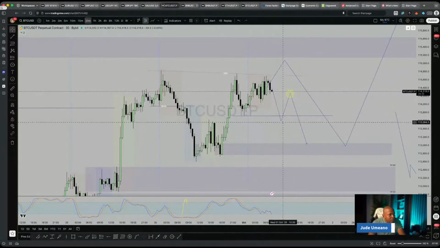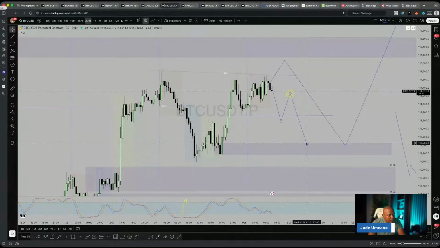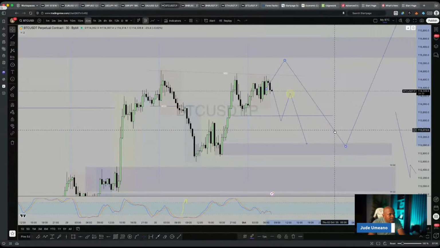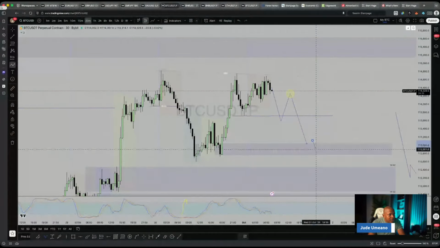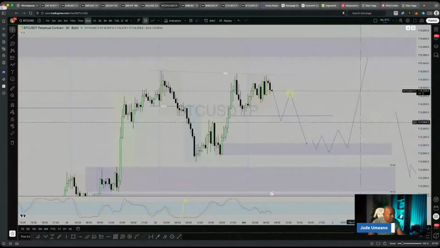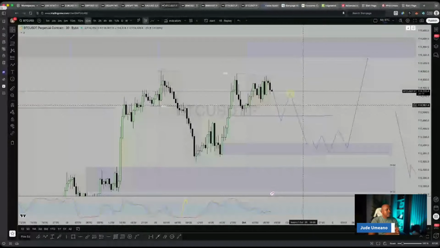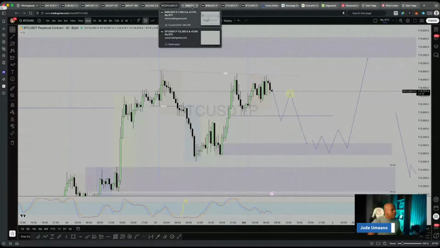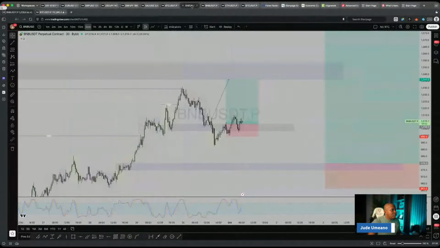If I see price go below this, I want to look for an entry here to go here. Then from here, what I want to see is confirmation. I would like to see a confirmation entry here on the much lower time frame. Okay, if I'm meant to go higher, that is what I want to see. So this is the plan. If price does this, then it is a trade for Bitcoin. That said, we'll move straight to